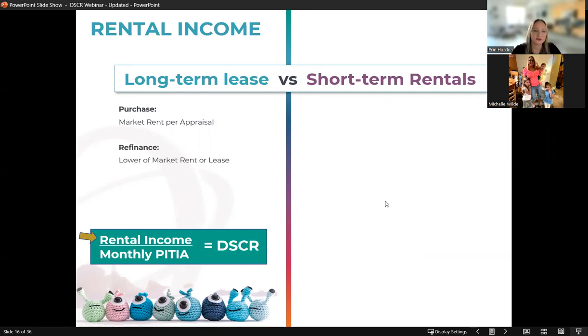If it's a long-term lease with a refi, that means there's somebody already in the property, they're already renting it. We're going to use the lower of the market rent or lease. Another little footnote,